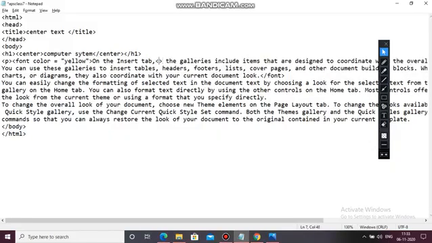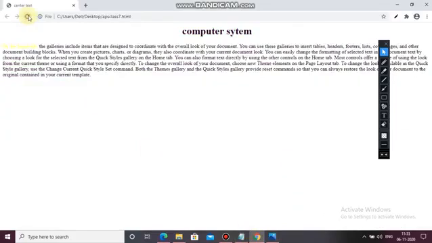The insert tab, backslash font. From here I am just removing it. Control S. Let's see, the color changed to yellow.